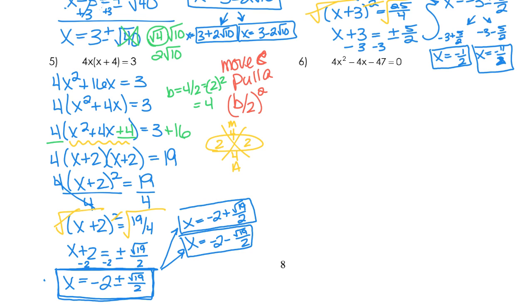And there are your 2 irrational but real roots, or x-intercepts. All right, last one. Remember our directions: move C, pull A, take your B, take half and square it. So taking a look, we are equal to 0, and so we're going to go ahead and move our C